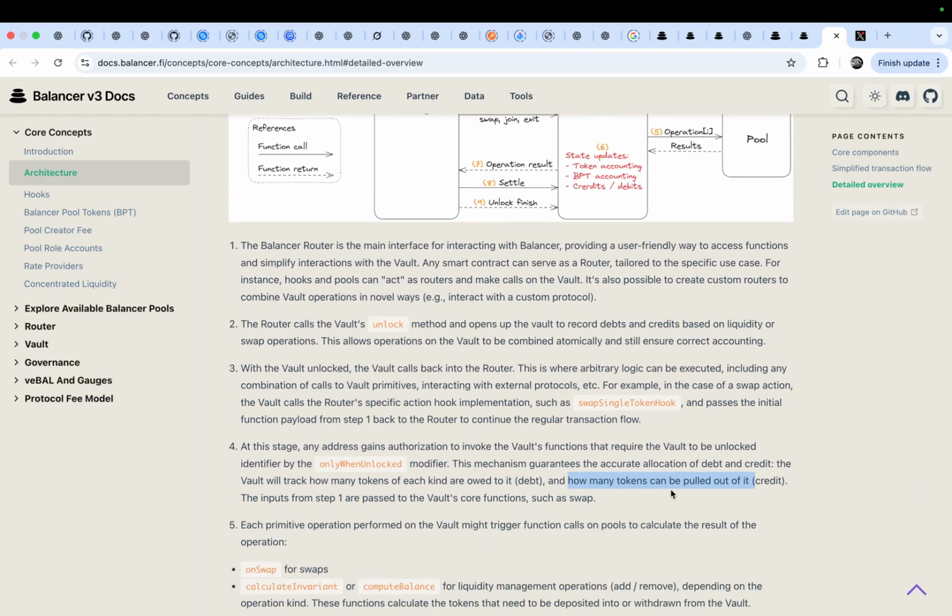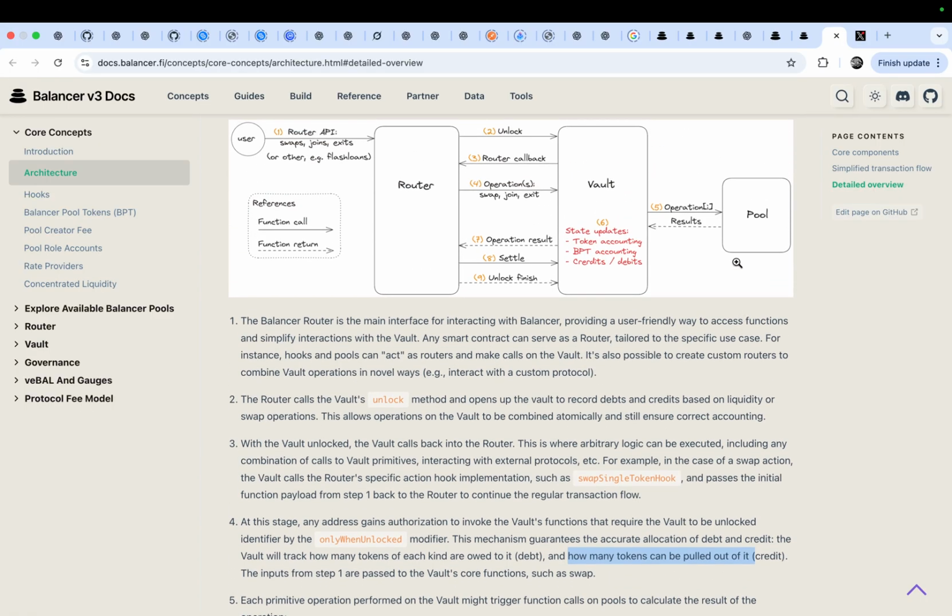So when the vault pulls off some tokens, it means you store some tokens into the pool. So this means credit.